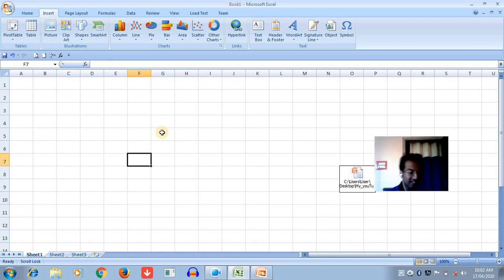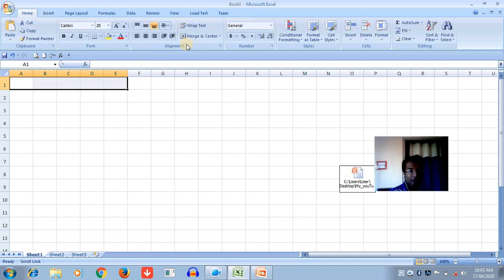Let's create a worksheet to demonstrate all these functions. I have prepared a small format in Excel to use for all these operations and types of operators. So first you select a group of cells and write your worksheet title.